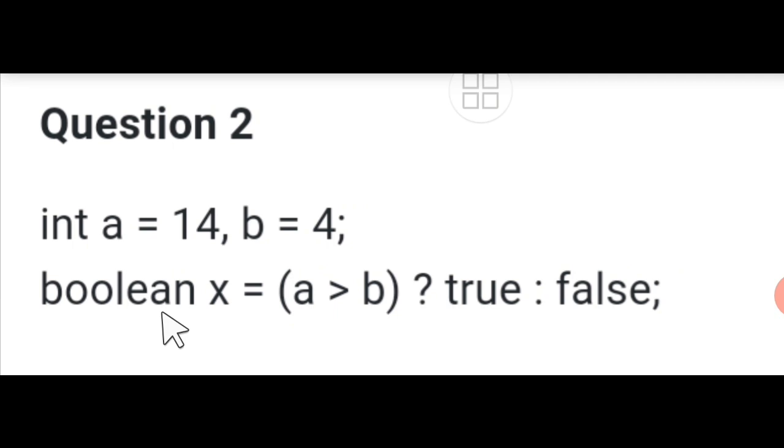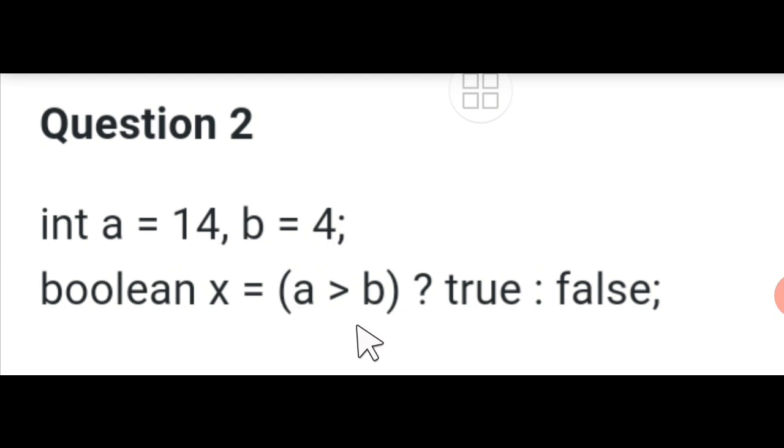Here you can see it's written two statements, two declarations are there. One is of the variable A, the other is of the variable B. A is given initial value 14 and B has been initialized with 4, and both of these variables definitely they are having integer type values, so they are bound to be of int type. After that, students, there is an expression again, ternary operators are used here. Then boolean x is there, equal to A greater than B.